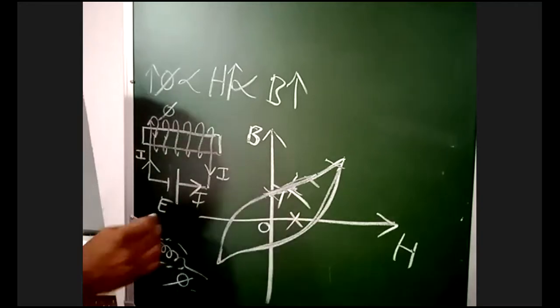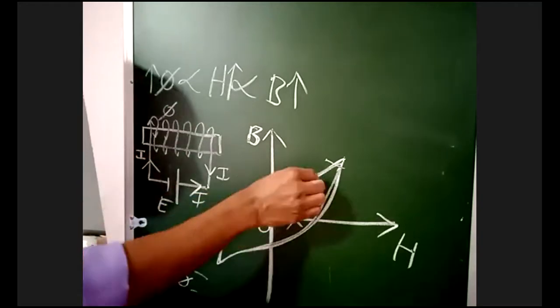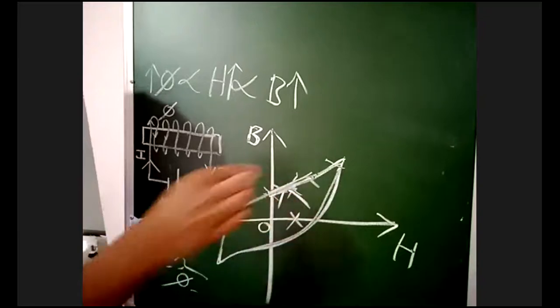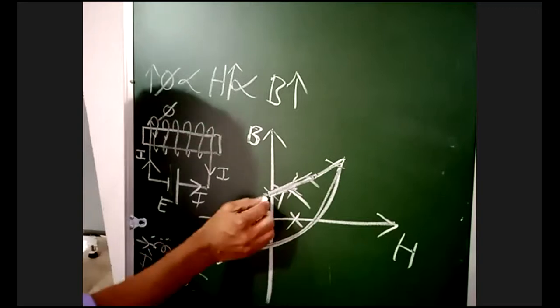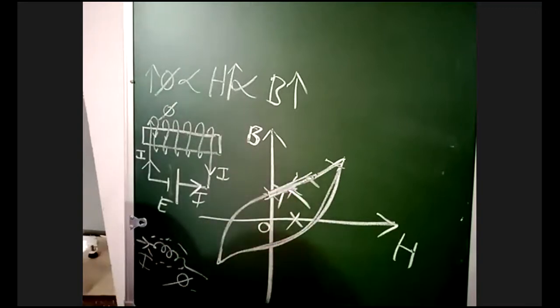We are magnetizing first in this direction, the forward direction. Again, in the reverse direction, I am magnetizing the iron piece to make it a magnet. Why? If you magnetize the iron piece in only one direction, it will lose its magnetism. It won't retain the magnetic property. So you have to magnetize the iron piece in both directions. Then only it retains its magnetic properties.